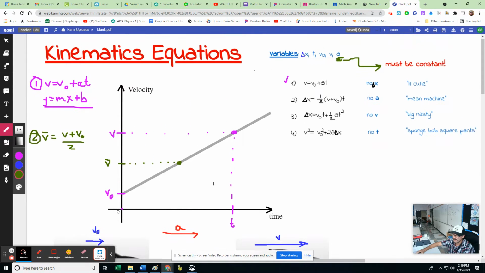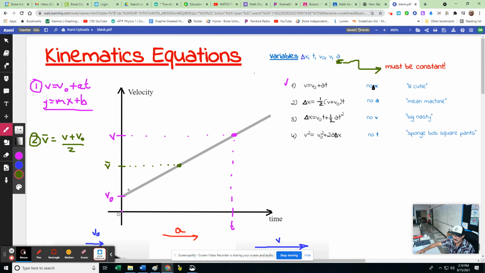But by the way, maybe I'm jumping ahead of things, but this is a constant slope, and we know for a velocity-time graph that the slope of that is the acceleration. So this matches our thing here that it must be constant acceleration by the shape of this graph. Anyways, we have an equation for the average that you've probably learned about in math class before, and we know from our physics facts also that the area underneath a velocity-time graph is going to be